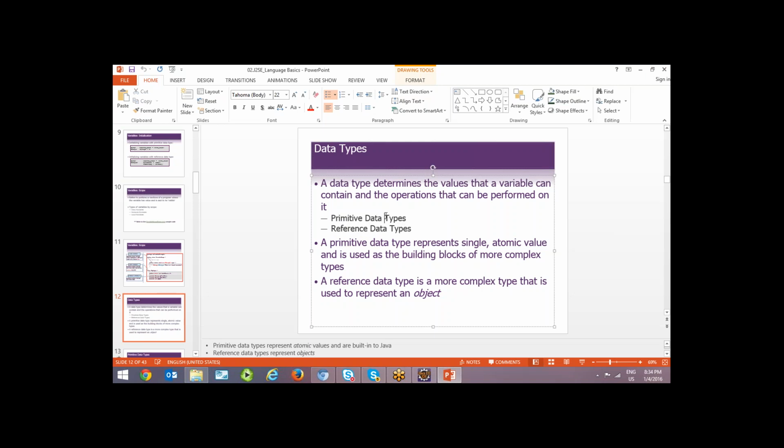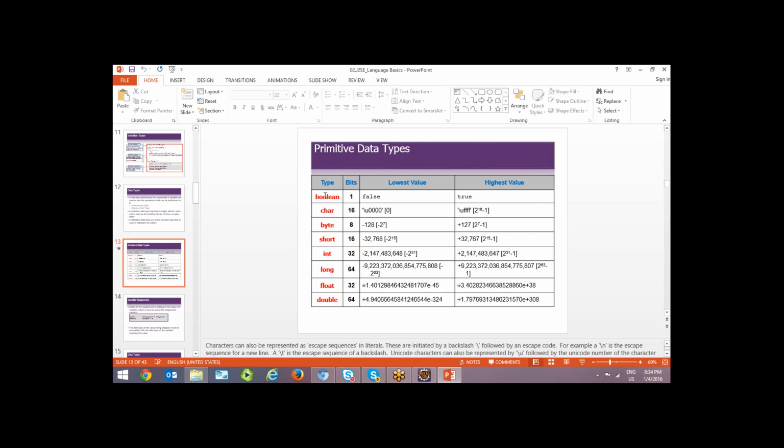Java supports a total of 8 primitives, like char, boolean, byte, short, int, long. This is the size of your data types, like how much memory it is going to occupy, what is the lowest value, what is the highest value. This is the range of values you can store with float, double, int, like this.